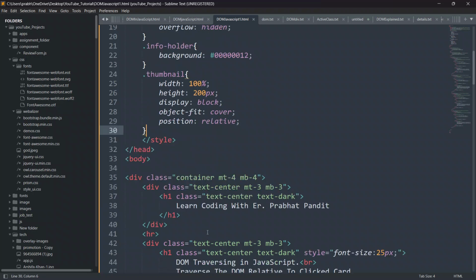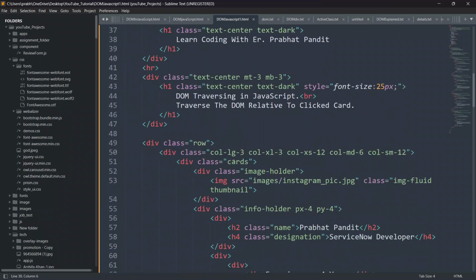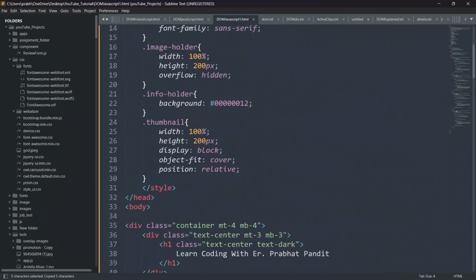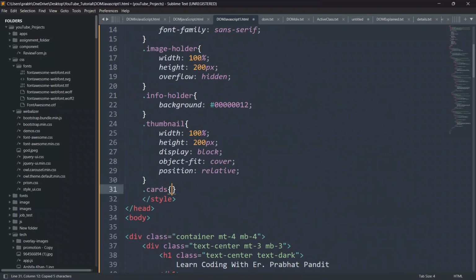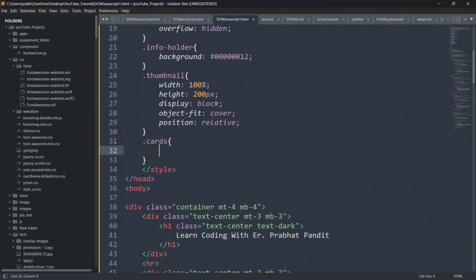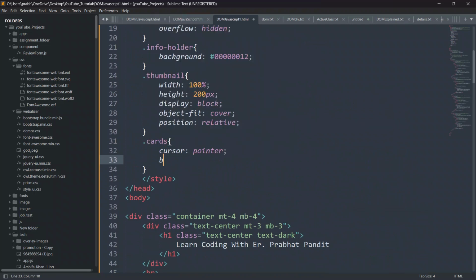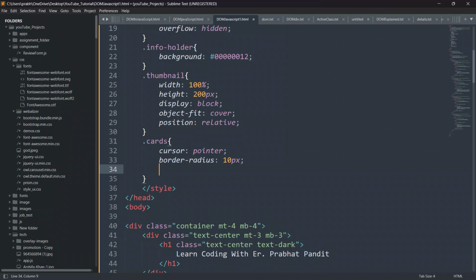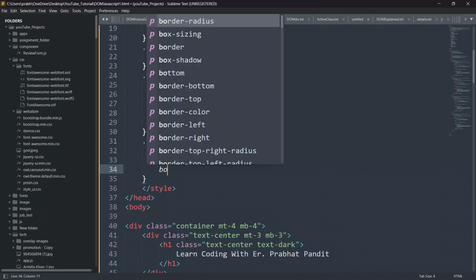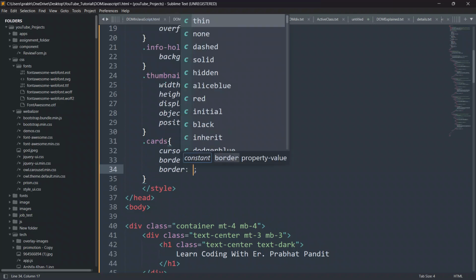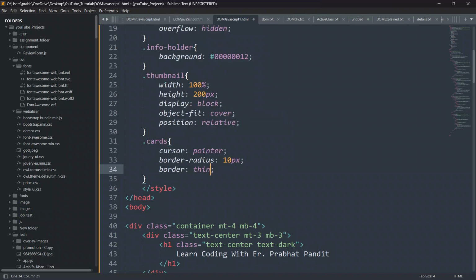So now I'm gonna copy this cards class from here. Copy it and go up and just put a comma, paste it here, and we will just style it now. I'll say here that cursor should be pointer, and keep the border radius, it's up to you, so just give 10 px here and say border, thin, solid,